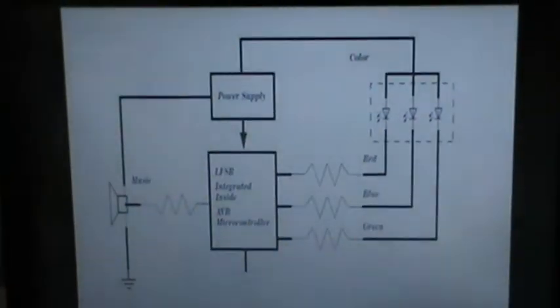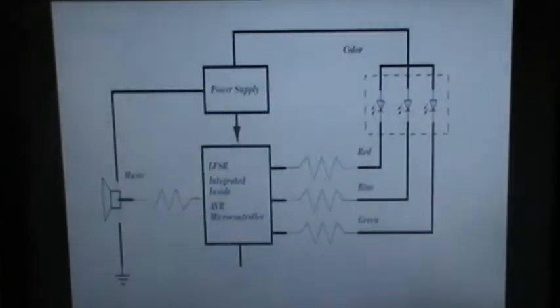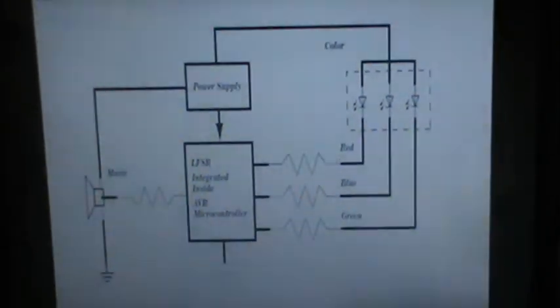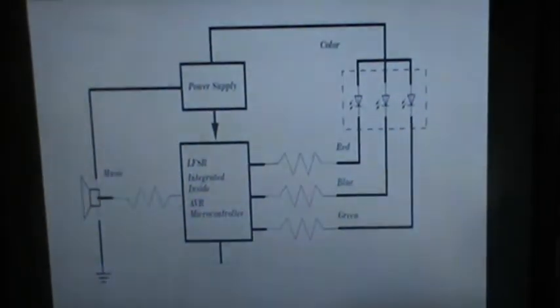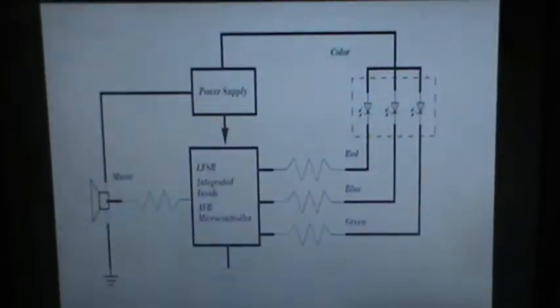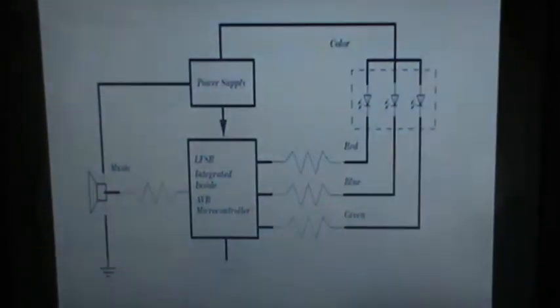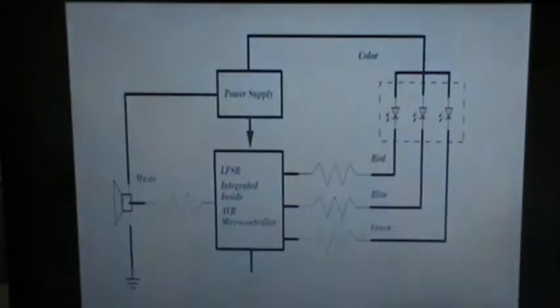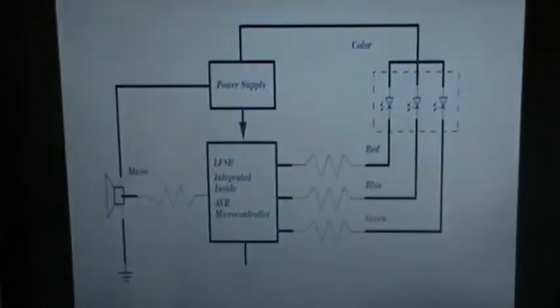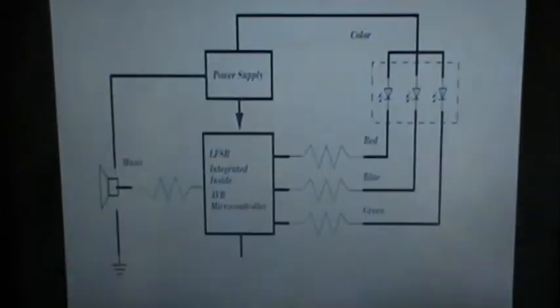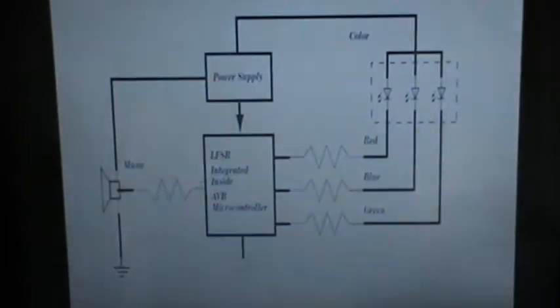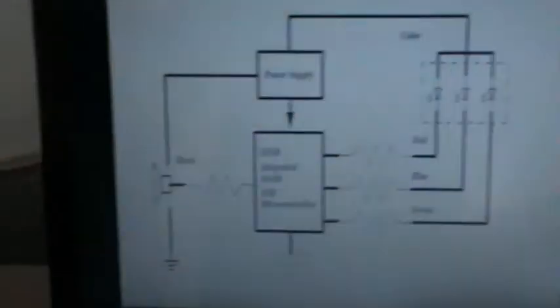The LFSR is operated by the output which is given by the ADC. But this ADC is fed with a floating input value. This floating input value ensures that each time the kit is on, a new seed, that is a new initial value, is given to the LFSR. Now let's see the unit which is used for this project.